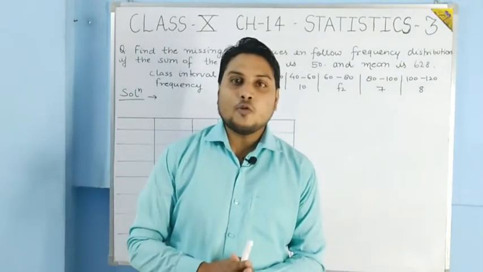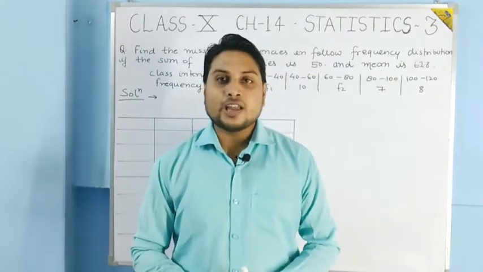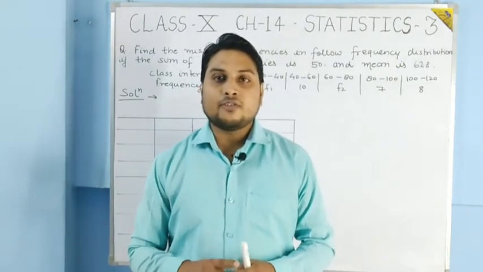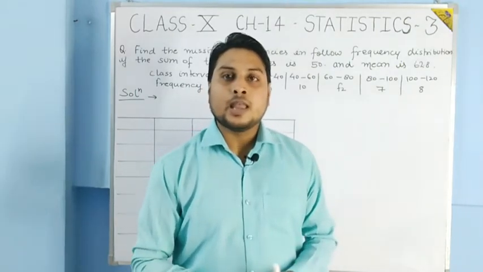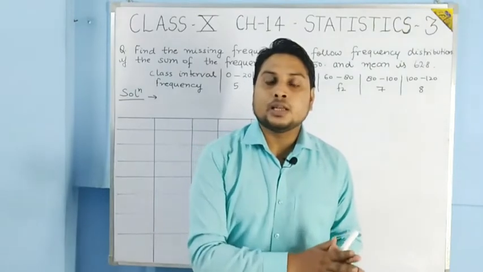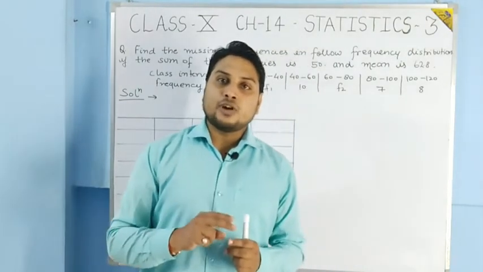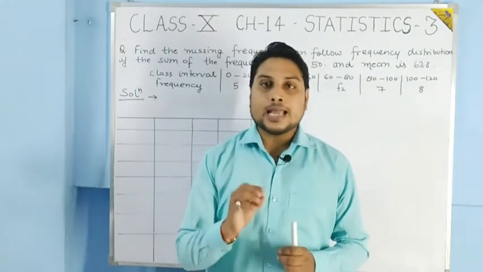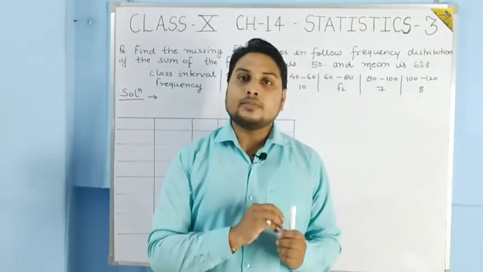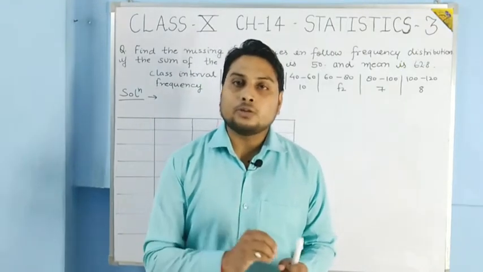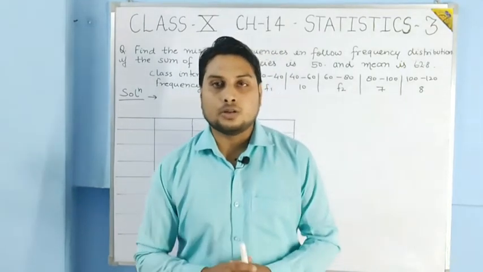Students, till now what we have covered? Till now we have covered the introduction part of the chapter. After that we have covered the topic mean, okay? And also we have studied how to find mean. We have covered two methods of finding mean. The first method is the direct method. And the second method was what? Second method was the assumed mean method, or you can say shortcut method also.